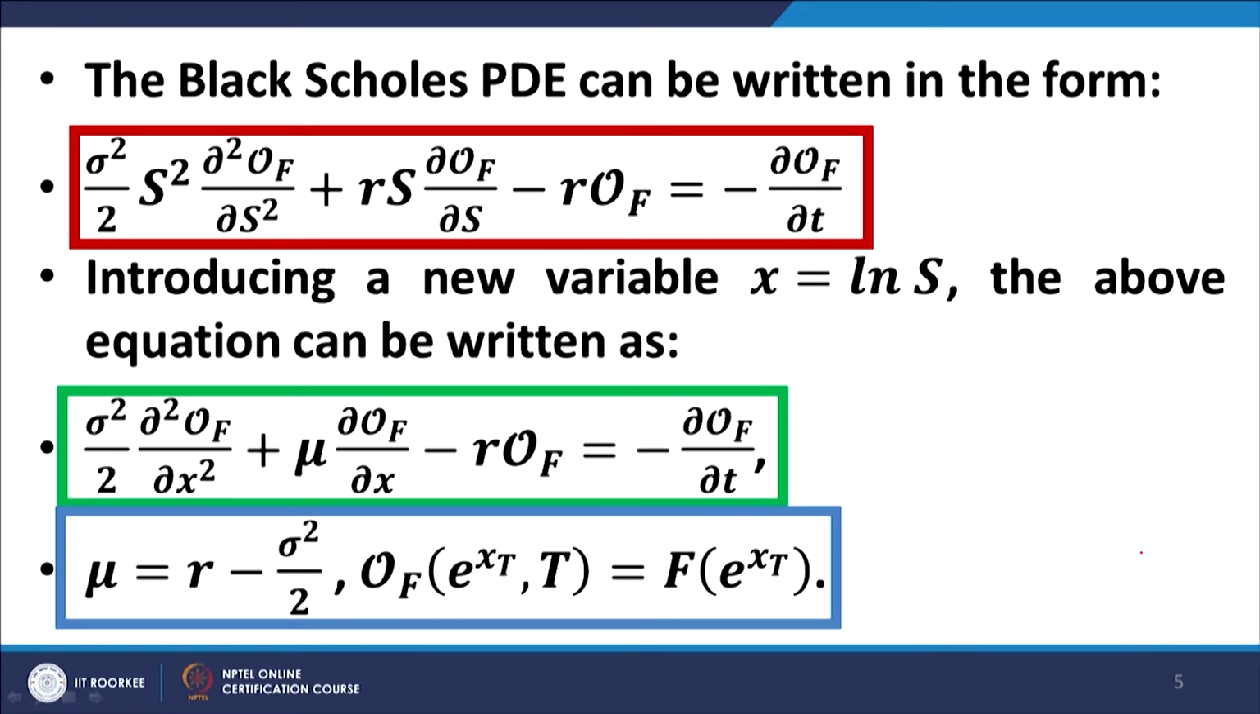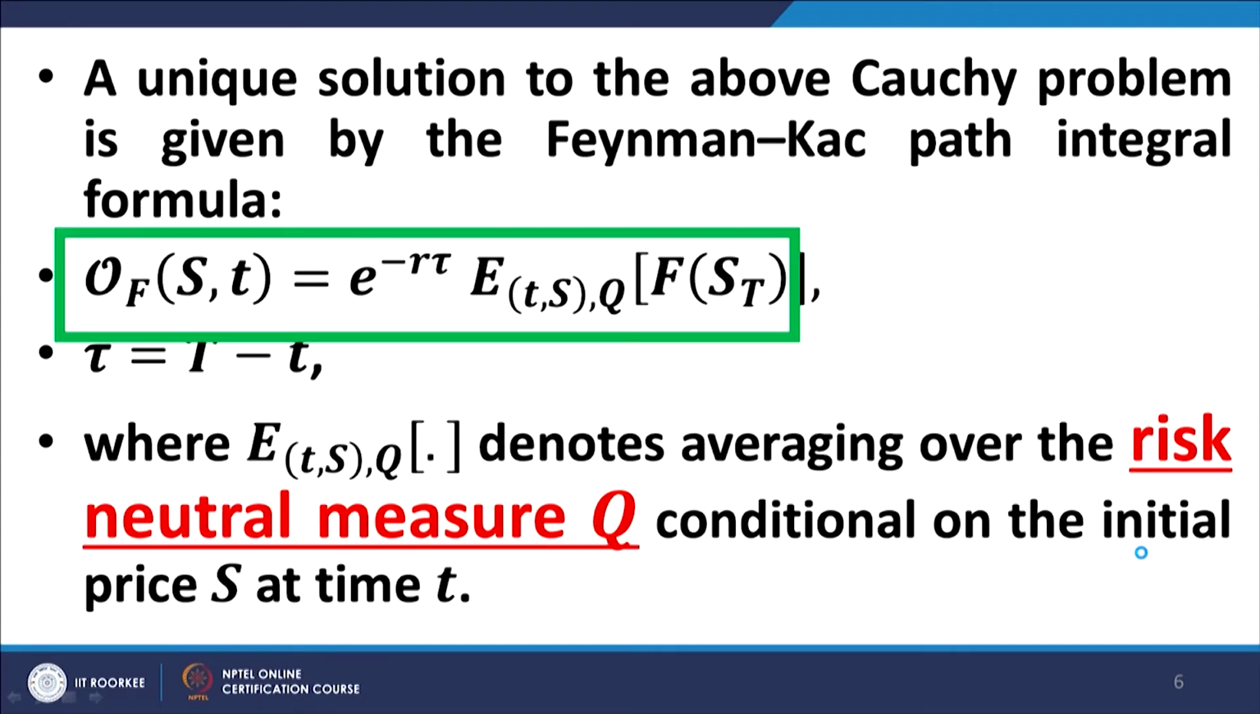So, that is a simplification achieved by transforming the independent variable from s to log of s, and of course, mu is equal to r minus sigma square upon 2, and the expression for OF also changes in conformity with the substitution of s as e to the power x. Now, this is a Cauchy problem, and the Feynman-Kac path integral formula provides a solution to this,